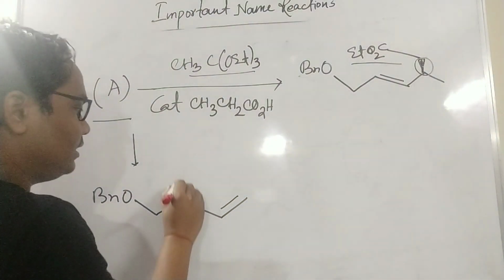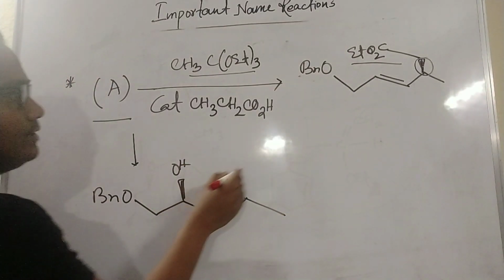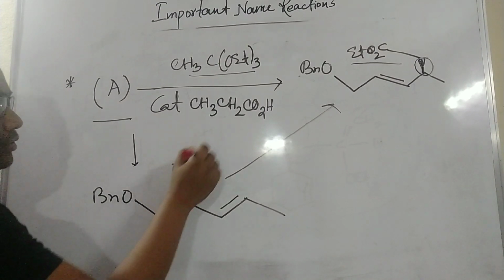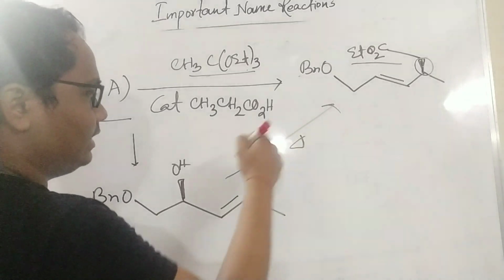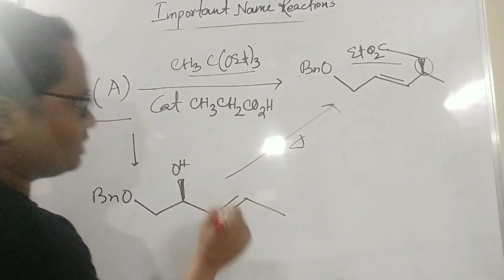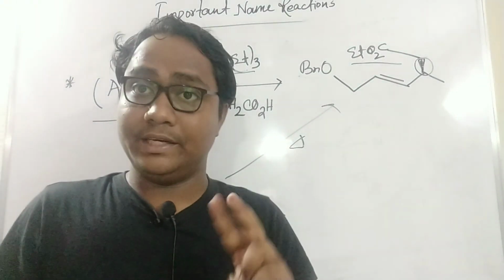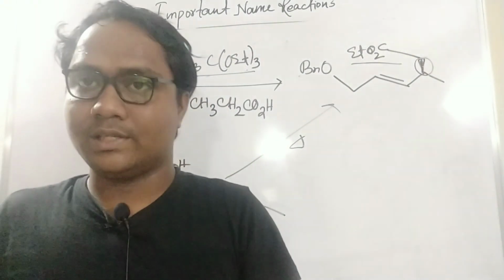Here is the double bond, here OH is there, and so this will be the product. Because I told you that this OH will form an ester by this, and then under heating it migrates via the same stereochemistry, and this will be the product. So here is a simple example, it gave 4 marks, okay. Now I will briefly conclude this Ireland-Claisen.